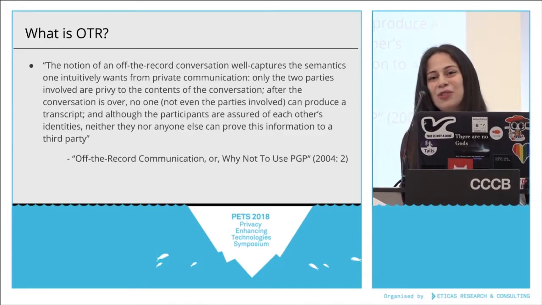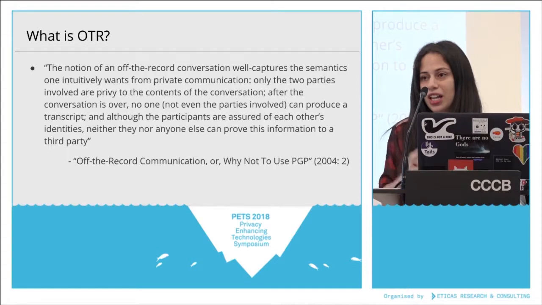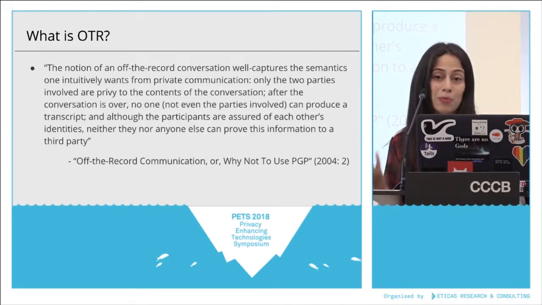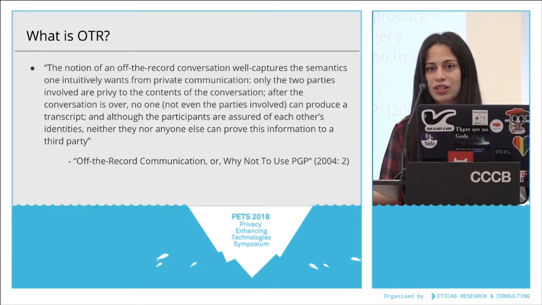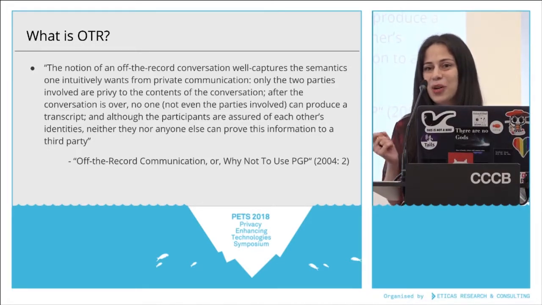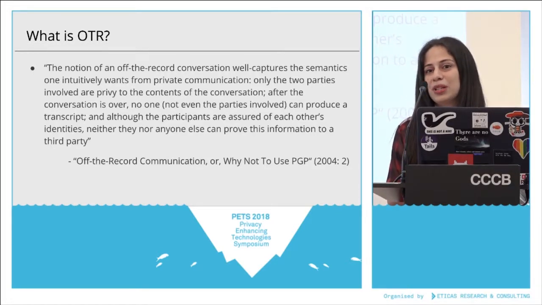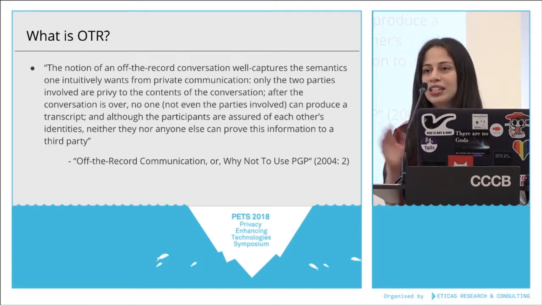So where does the idea of OTR come from? The idea of OTR comes from investigative journalism. In investigative journalism, you have this concept of off the record. And what does this mean? For example, if I'm a source that wants to show some confidential information of a company that I work for, and I go and talk to a journalist about that so they can publish an article around this, I will probably say to the journalist, hey, I want to keep the fact that I talked to you about this information off the record, because maybe I will have some kind of legal trouble, or maybe I will get fired from my work if they found out that I was the person who actually disclosed this information.